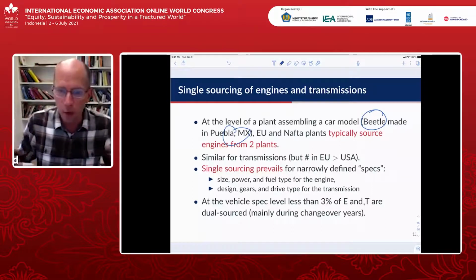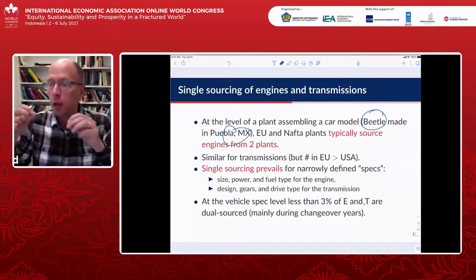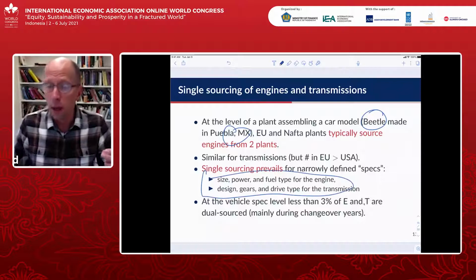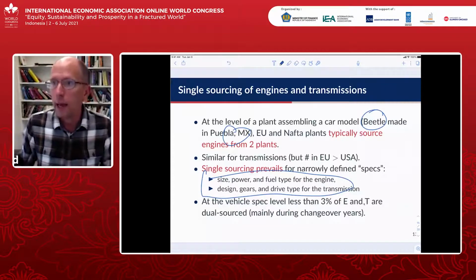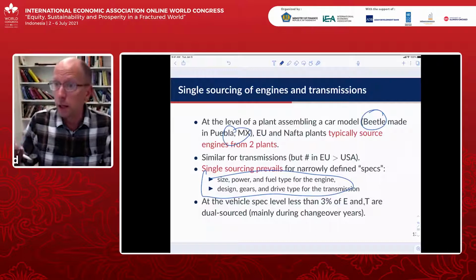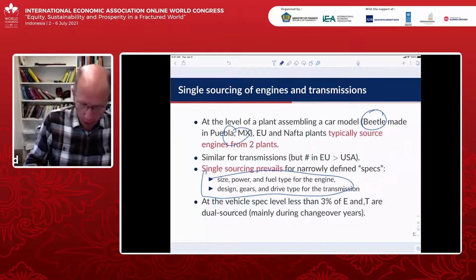When you drill down to all the detail that we have, take into account all of this, people single source, which I think is interesting, because we have a lot of stories about why single sourcing might be risky, right? Supply holdups and disruptions and stuff like that, bargaining. And yet these companies have evidently very consistently decided to single source once you go to very, very narrowly defined engines.